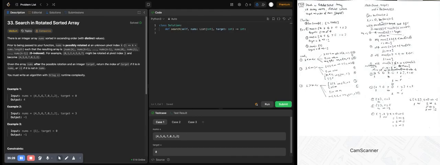Then we see that the mid, okay, in this case it is sorted. So what do we do here? We move the right to mid minus 1, which in this case